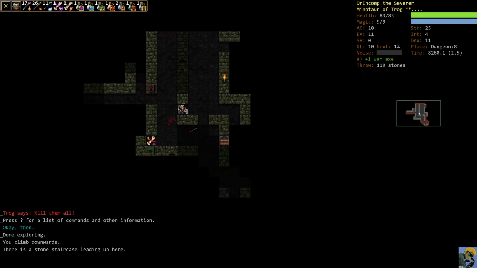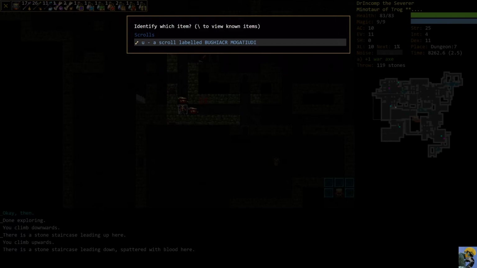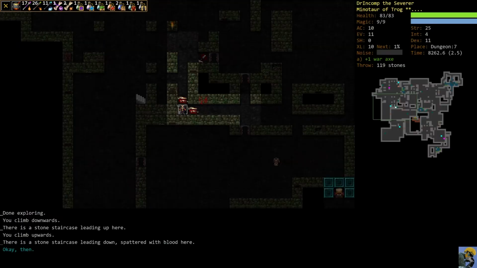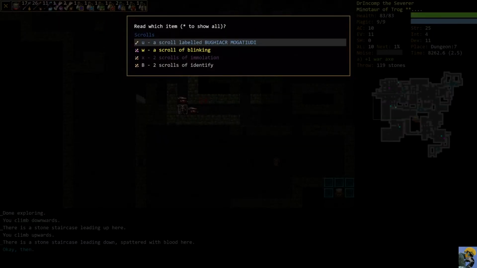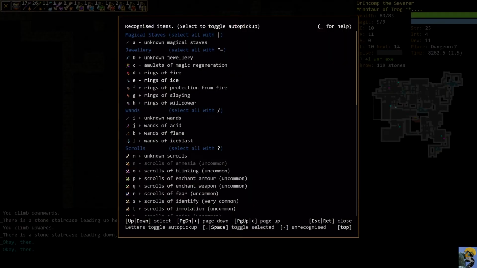check on Dungeon 8. Looks good. Okay, I do have some scrolls of identify, so let me read it. And, well, the only thing we can identify is a scroll. So I'm actually going to push escape and not use the scroll right there because I'm not sure if I want to. Now, one thing you can always do, okay, is push the